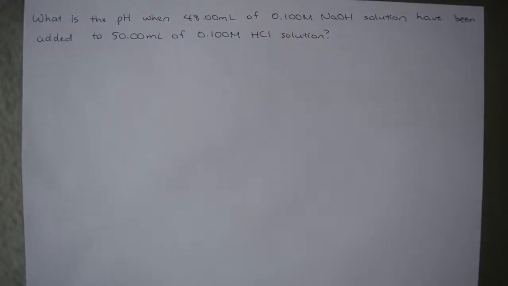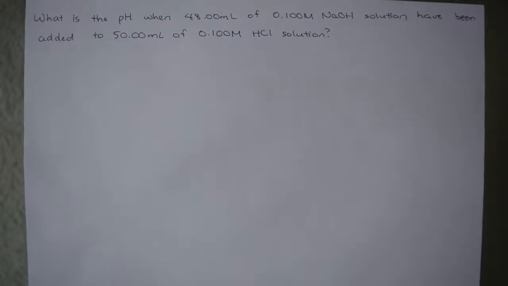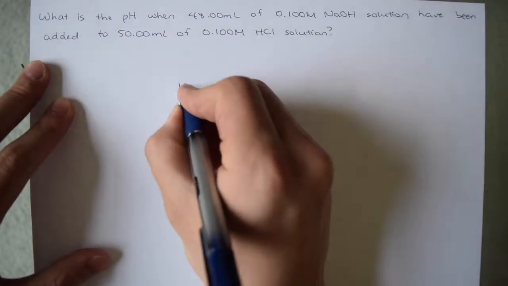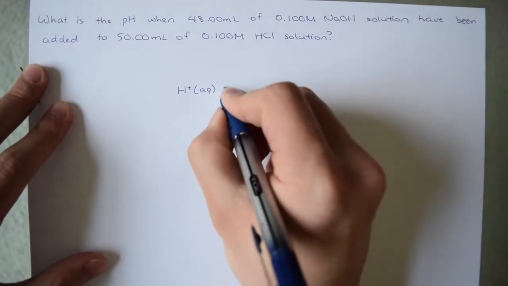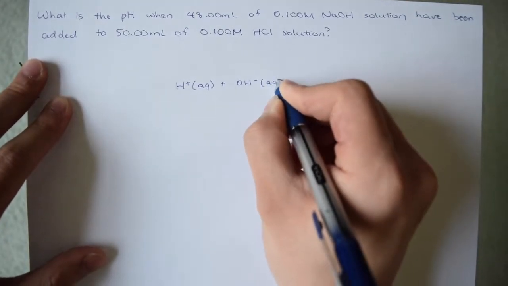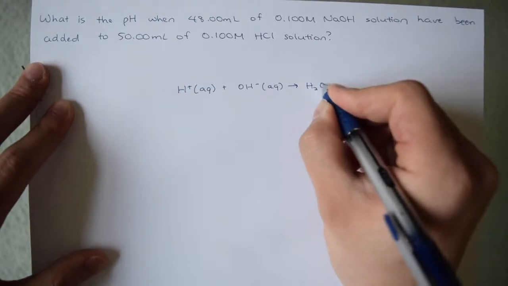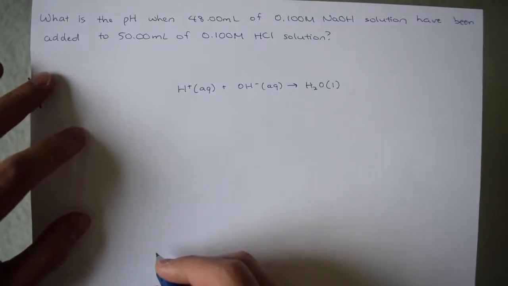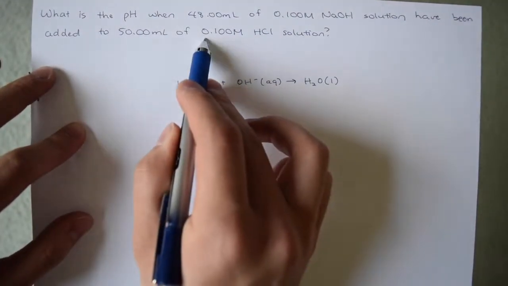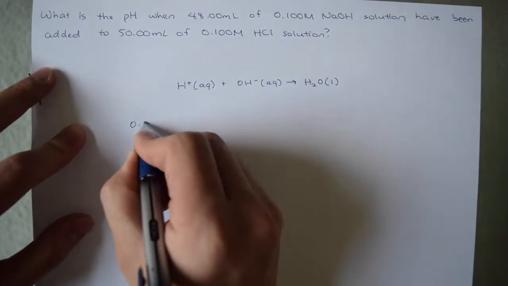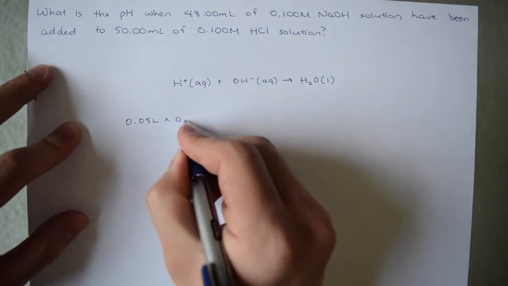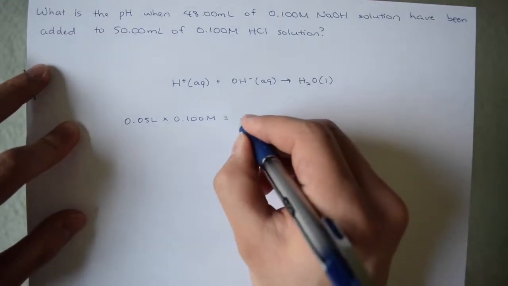For our last question we have: what is the pH when 48 milliliters of 0.100 molar NaOH solution have been added to 50 milliliters of 0.100 molar HCl solution? Because this is a strong acid-base reaction, we want to use this equation: H plus aqueous plus OH minus aqueous into H2O liquid. First, we want to find the number of moles in the HCl solution. We can find this by multiplying this and this. We would convert this into liters from the milliliters and multiply this by 0.100 molar, and this would equal